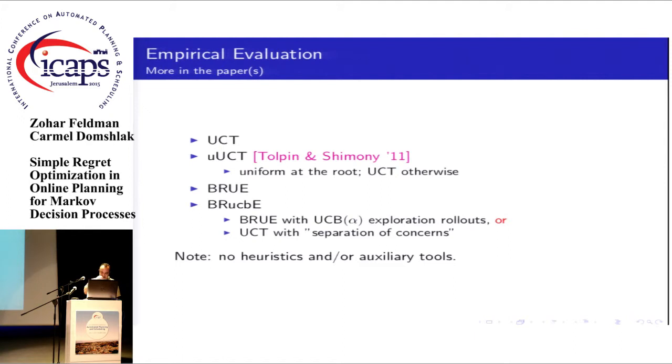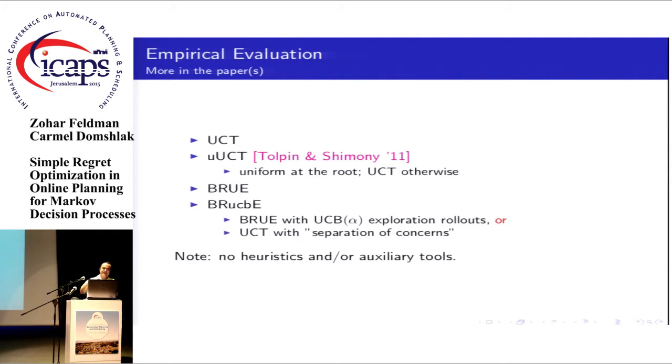So there are more experiments in the paper, but here I will show you a couple of results on a specific planning domain that was used in the original UCT paper. The four algorithms that we put here just to show the differences are UCT, a variant of UCT that was examined by Tolpin and Shimoni that does basically UCT except for the root node, except for the initial state where it samples uniformly, BRU, and then